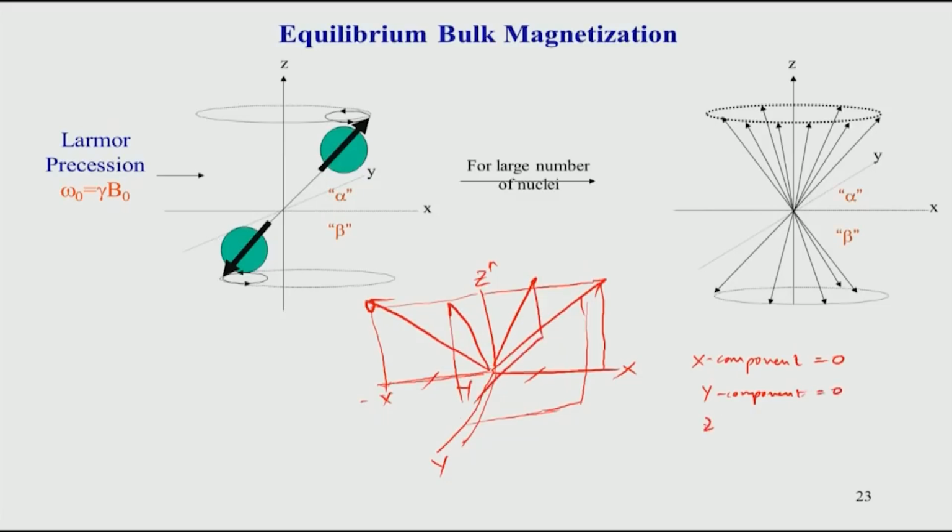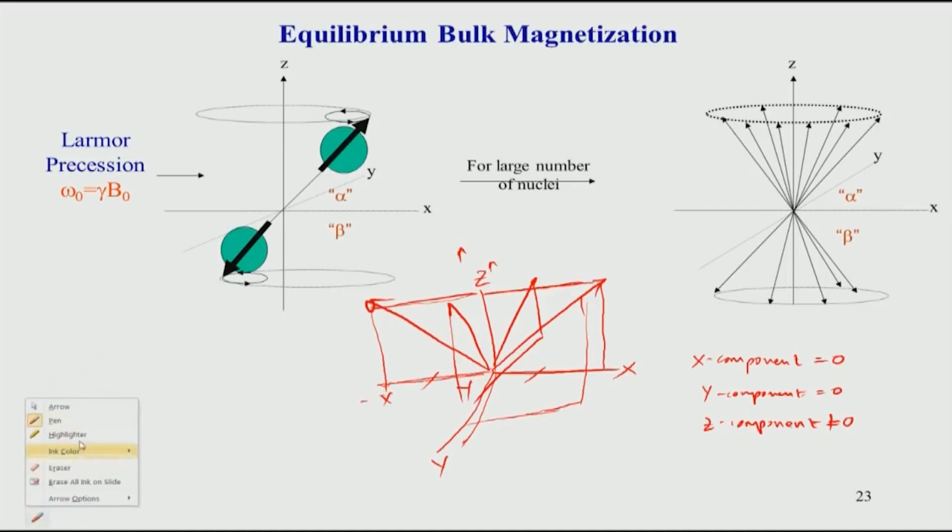But if you look at the z component, what is along the z axis, this component which is drawn here is always pointing in this direction, no matter what you take. It is always pointing along the z axis. Therefore, the z component is never equal to 0, only the x and y cancel each other. So this is the picture we have to keep in mind,